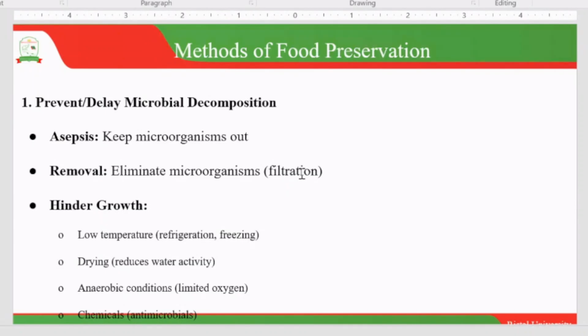also remember we are not only looking at preservation but also processing. And for our processing bit, we are looking at sterile conditions that will help us extend